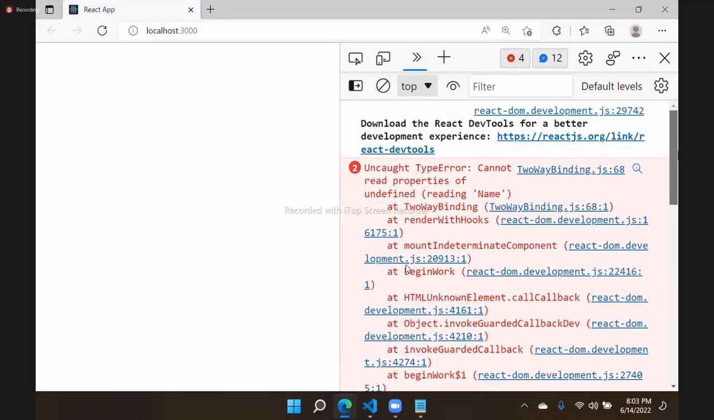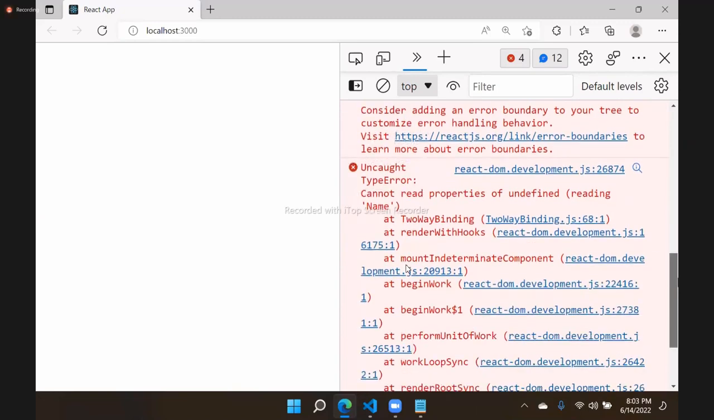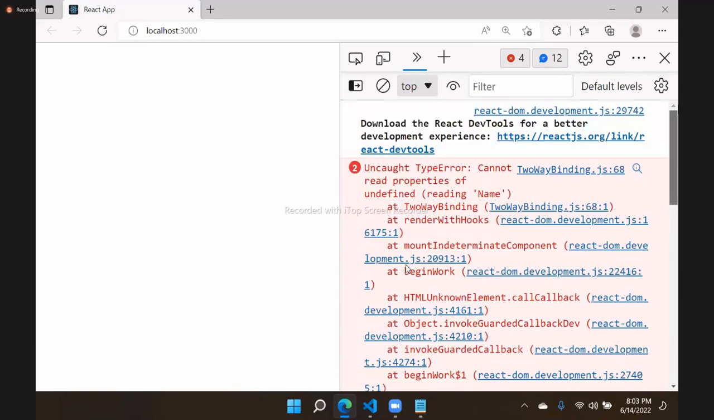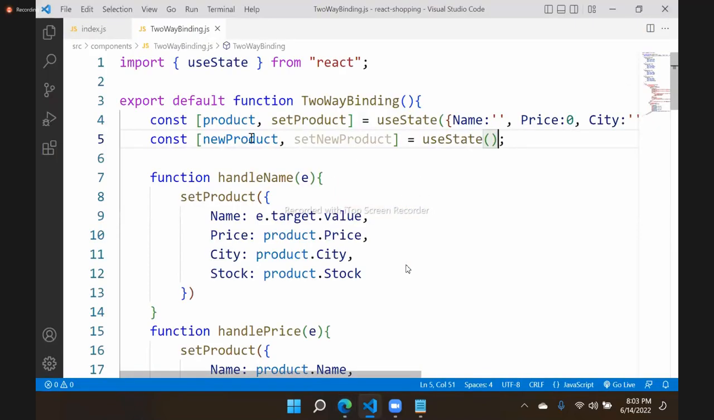That means name is not there. Similarly, price is not there. It will display all that information here. But here what we need to do is collect that and display. So this new product should store this product. Whatever you entered in this product, it should be updated to new product. Whatever you defined in this product, it should be updated into new product